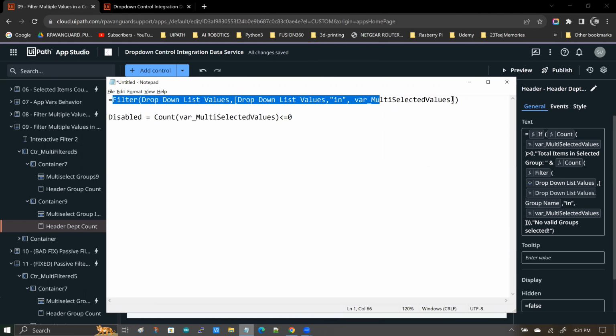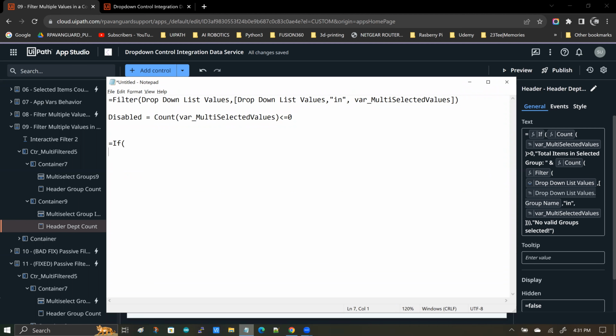Again, this filter condition was covered in the previous episode, so please do watch that video if you haven't already. But we are going to be using this in the if condition. Now we are going to first open our expression with the if function, open bracket, close bracket. I'm going to write it in multiple lines so that it's easy to follow, but otherwise it's all in one single line. And the first thing we are going to check for is the count of var multi-selected